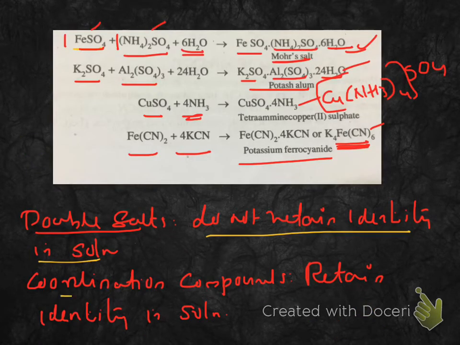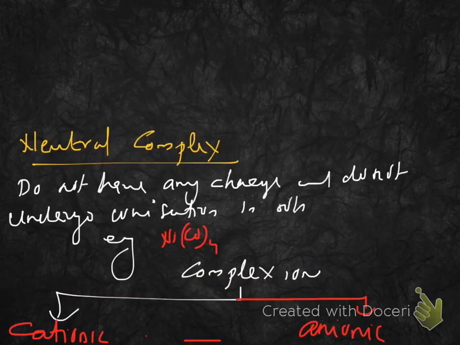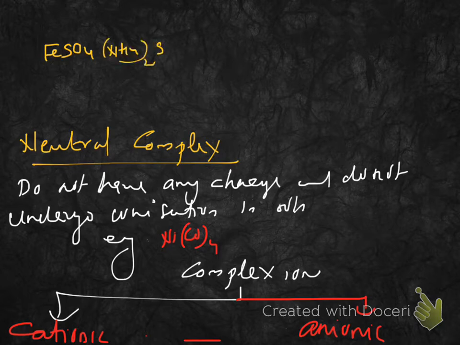While coordination compounds retain their identity in solution. Example, the first addition compound was FeSO4·(NH4)2SO4·6H2O,